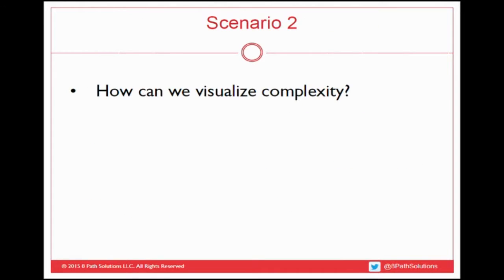Okay. So now I'm going to introduce a new scenario to you. In the previous scenario, we collected a set of data points over the course of 3 years. But what do you do if that data is not available? How would you actually visualize something if you don't have that data? Okay. So this is a relatively simple case in scenario 1. But if that data is not attainable,